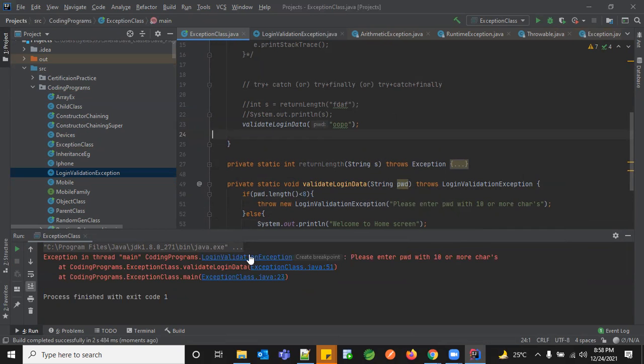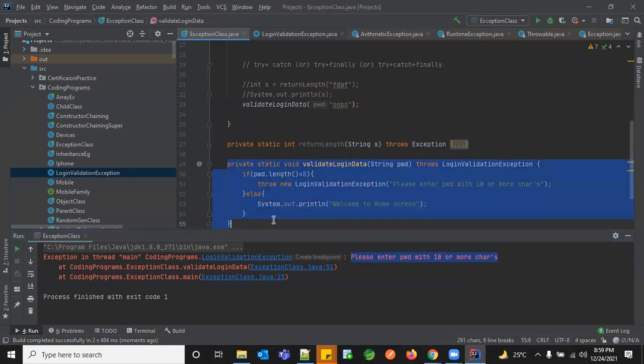It gave me an exception with please enter password with 10 or more characters. So whenever you're throwing this, whoever is consuming this data on the other end will see this message and print it on your front end screen. So this is the way you can handle your data. In a single method, you can have multiple customized exceptions thrown based on your logic.